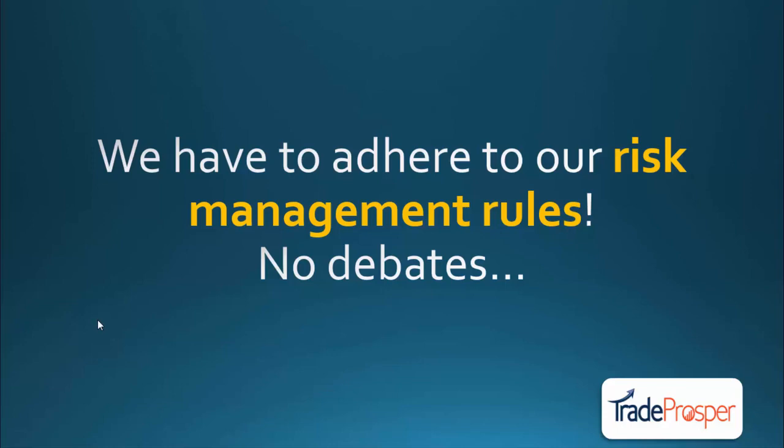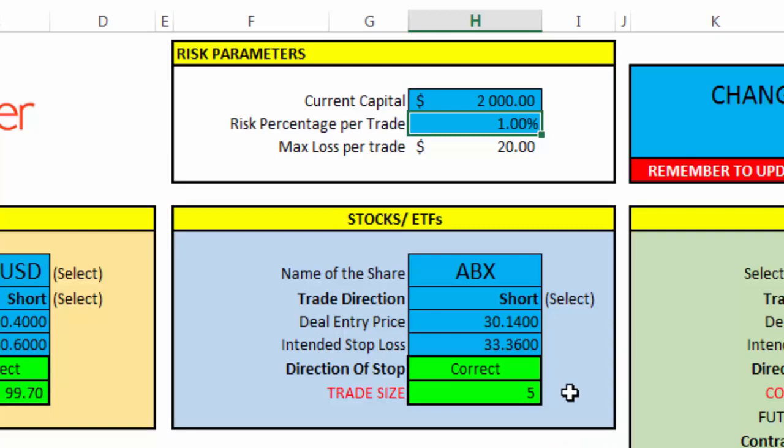Like I mentioned earlier, we want to make sure that we approach trading from the right angle. This is a long-term business and it's a very, very sizable wealth building engine, but we have to be able to stay in the game in order to get this process to work over time. There's no point in hitting a big number too soon, risking too much and depleting all our capital, and then we can't get back into the game again. So even if it's 5 shares, that is what we will trade. No debates, no discussion, that's it.